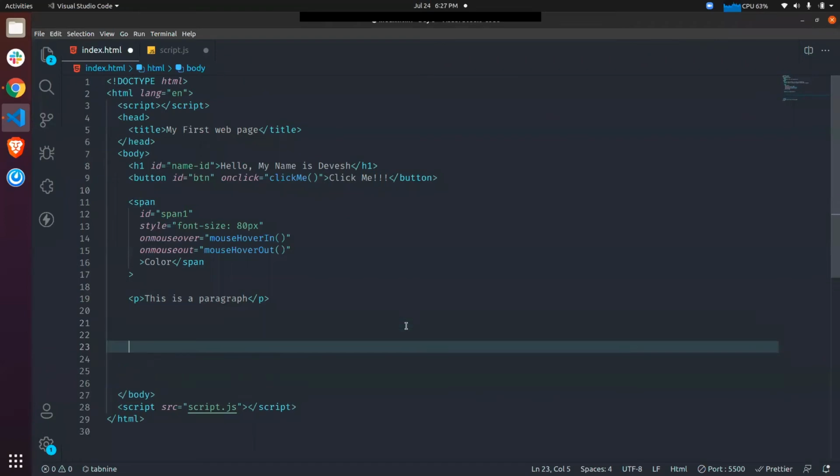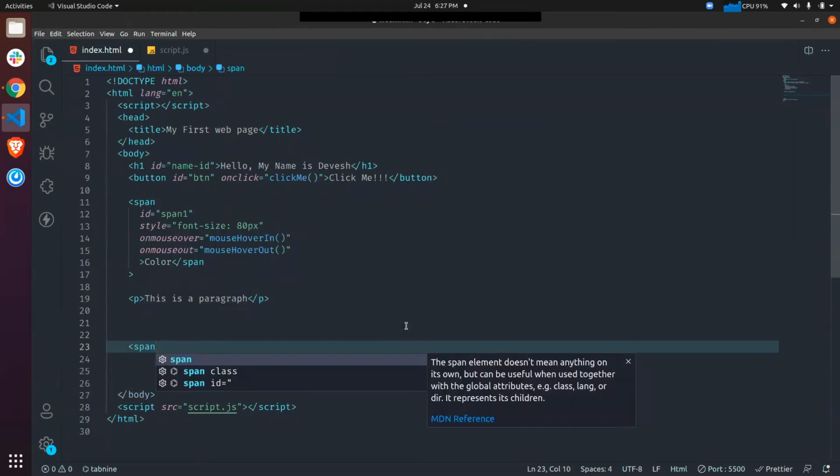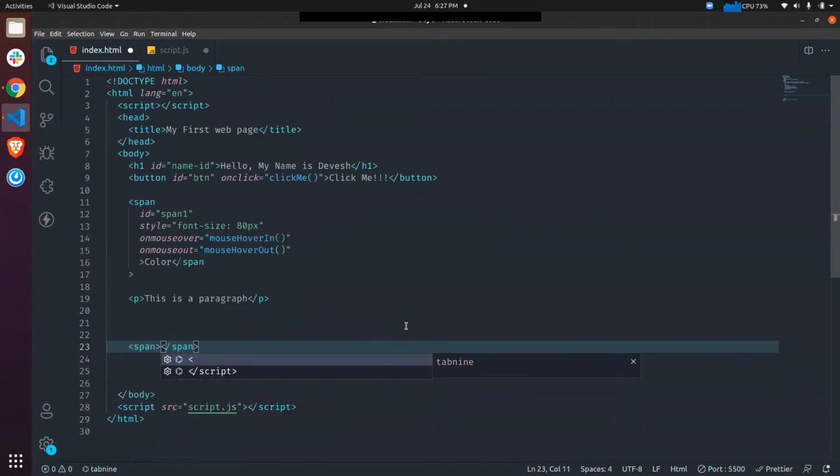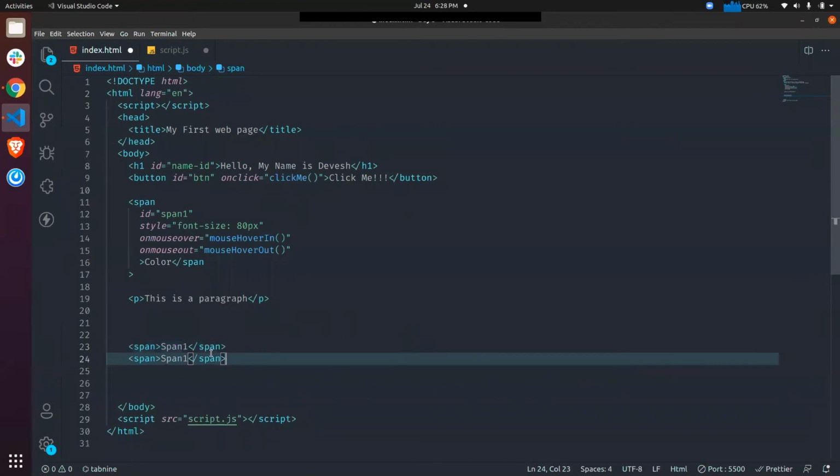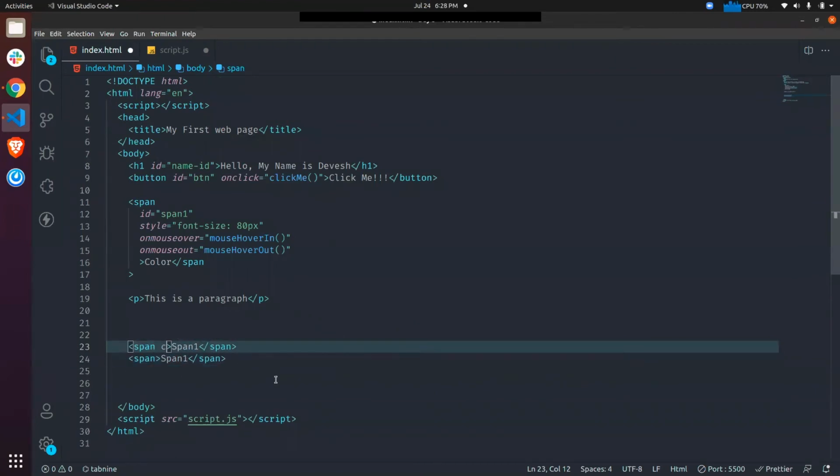So let's say we have a span, and we call it span 1, and we have added a class called span class to apply some CSS.